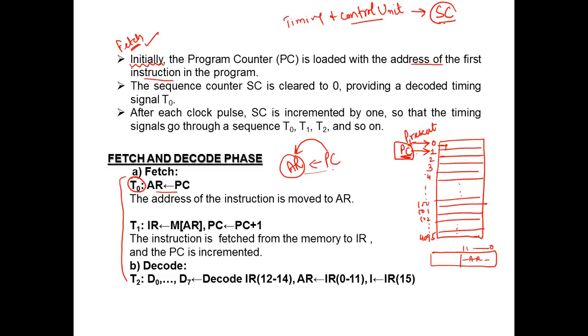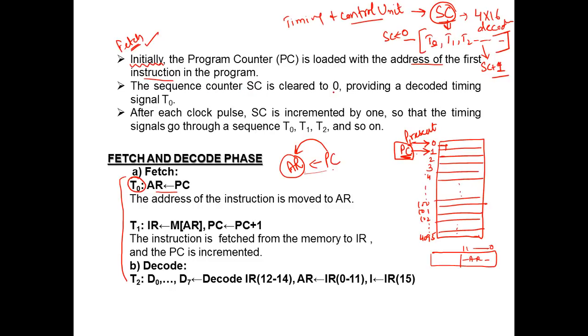We were using a sequence counter, which was of size 4 cross 16 decoders, right? So my point here is that before T0, the sequence counter should be 0. Whenever the T0 clock pulse arrives, then T1, T2, and so on up to the execution part, I have to increment the value of the sequence counter by 1. This is what I must not forget. So this is what has been written here.